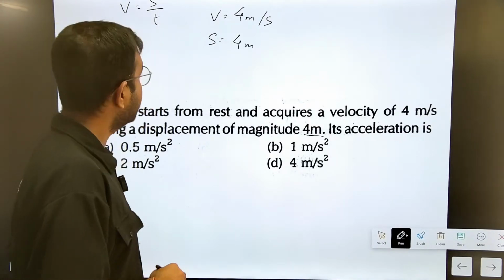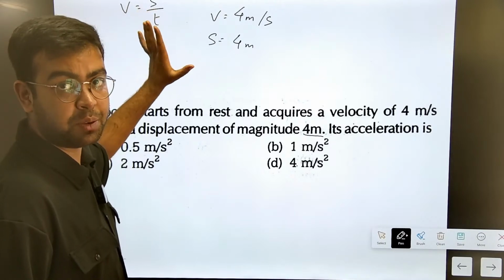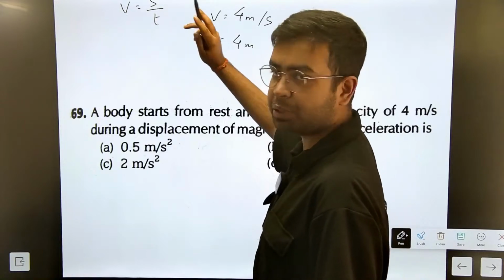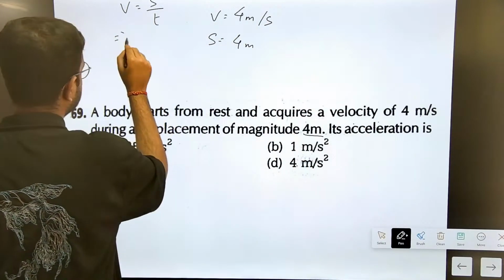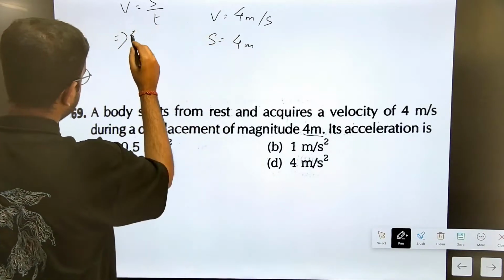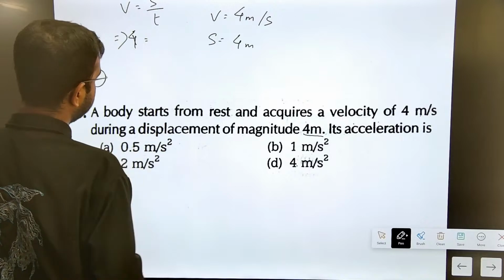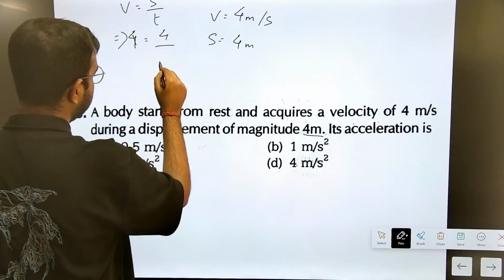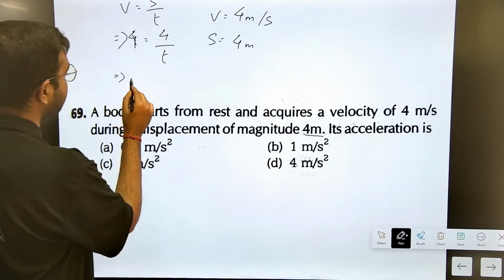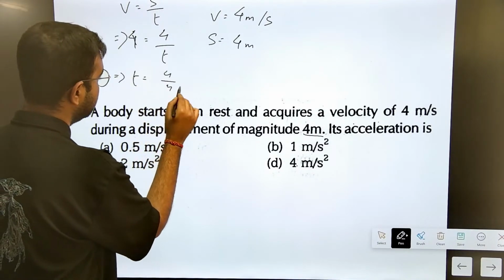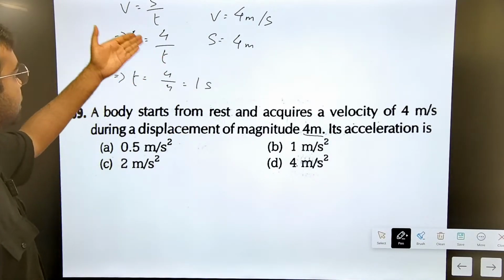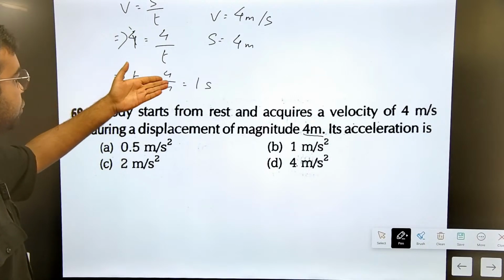नाउ सी, देखो हम यहां से डायरेक्टली भी एक्सीलरेशन निकाल नहीं सकते. वी नीड मोर टाइम फॉर दिस. v इक्वल टू एस बाई टी, वैल्यूज डाल दो. द वैल्यू ऑफ v इज 4, इक्वल टू 4 meters, द वैल्यू ऑफ s इज 4, डिवाइडेड बाय t, टाइम. ठीक है, तो हमें टाइम का वैल्यू क्या मिलेगा? 1 सेकेंड. ठीक है, we get the value of time, 4 को यहाँ नीचे ले आओ, t को ऊपर ले जाओ, we get the value of time as 4 by 4, 1 second.